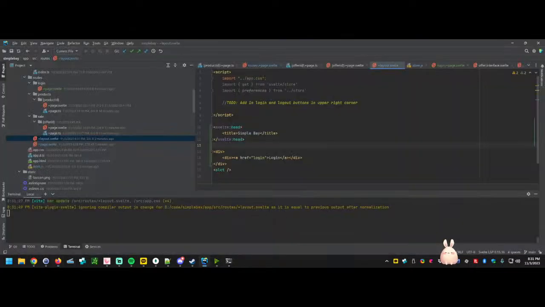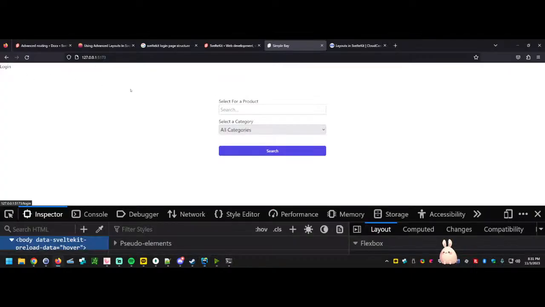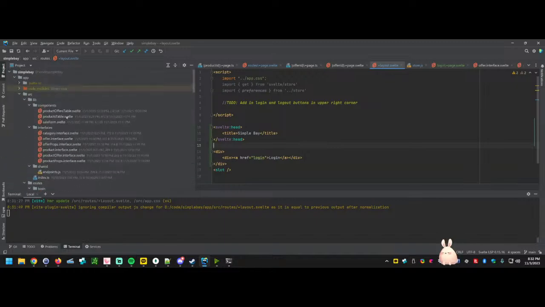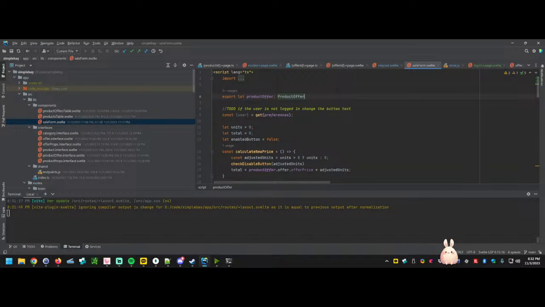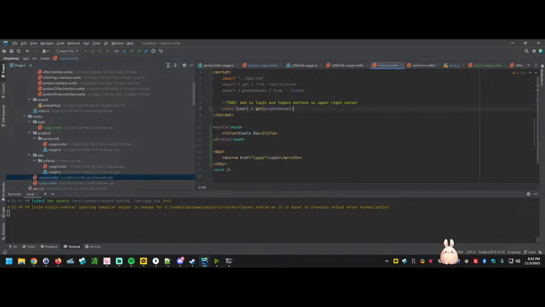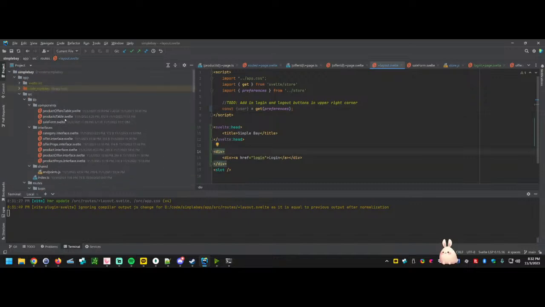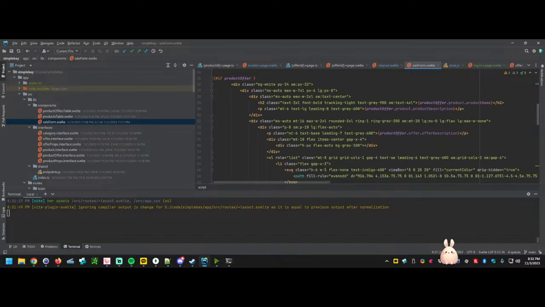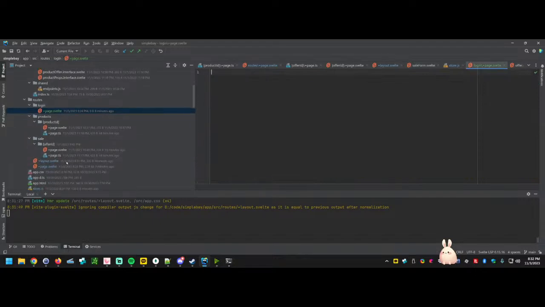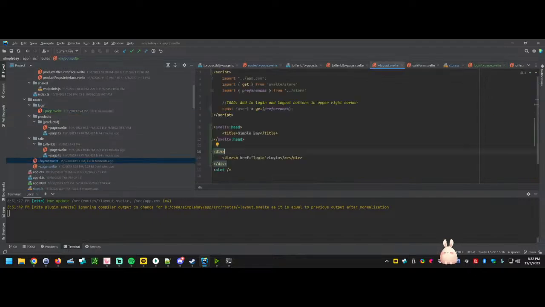So going up, we're going to have our login, and I think we're going to need to grab whether a person is logged in or not. So yeah, we'll get user from preferences and come over here to our layout and do the same thing. And we'll use the Svelte if statement. I have one of those right here. So if the user is logged in, then we'll display log out. Otherwise,